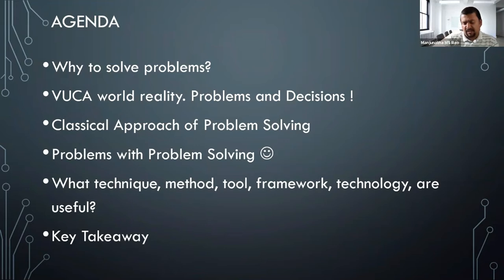So as lean agile practitioners, it could be a scrum master or product owner, or you can be an agile project manager or agile program manager, whatever role you play, the challenges and problems or impediments are part and parcel of our agile teams, isn't it? That's where we have the process of inspect and adapt, continuous improvement and retrospectives, and we have enough opportunities in an agile context where the entire team gets together to look at problems we face, impediments we face, risks which we encounter, to solve them, so that we can move